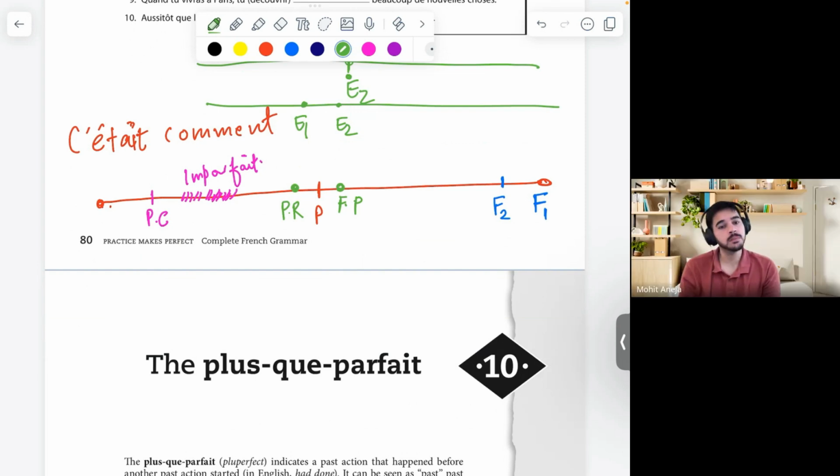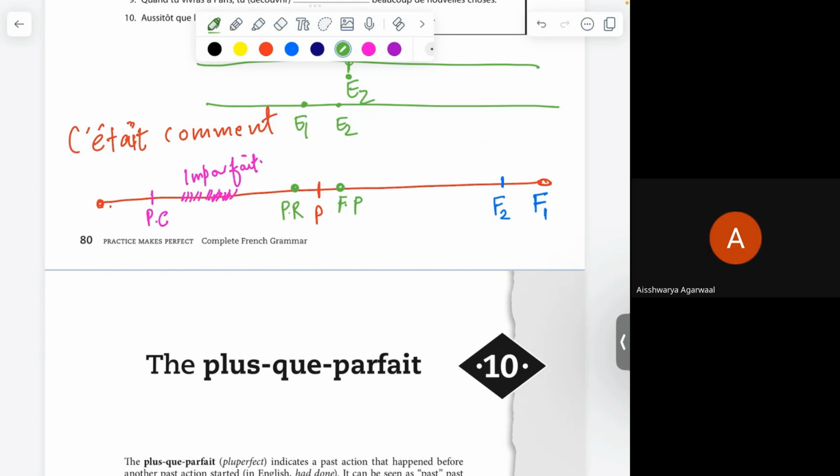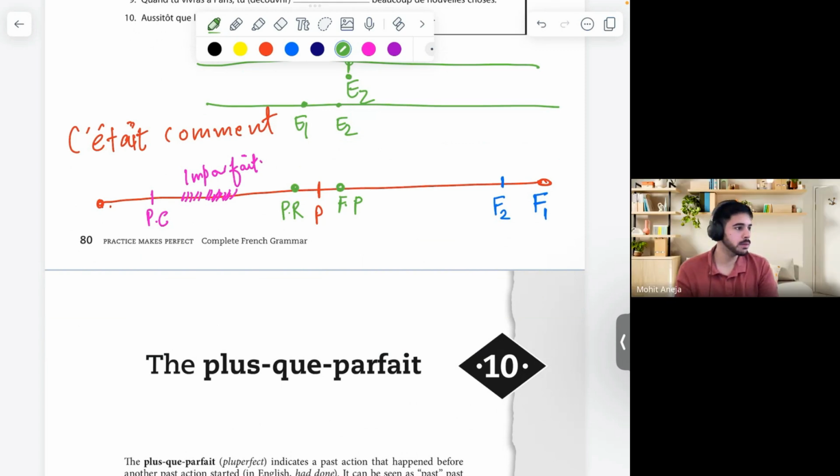Yes, and in which tense? Past tense. Past, okay? So we're talking about past, okay? In the past, two events, if they're not happening at the same time, we are going to learn which tense is going to be used for which one, okay? There's of course a new tense that we're going to learn today.